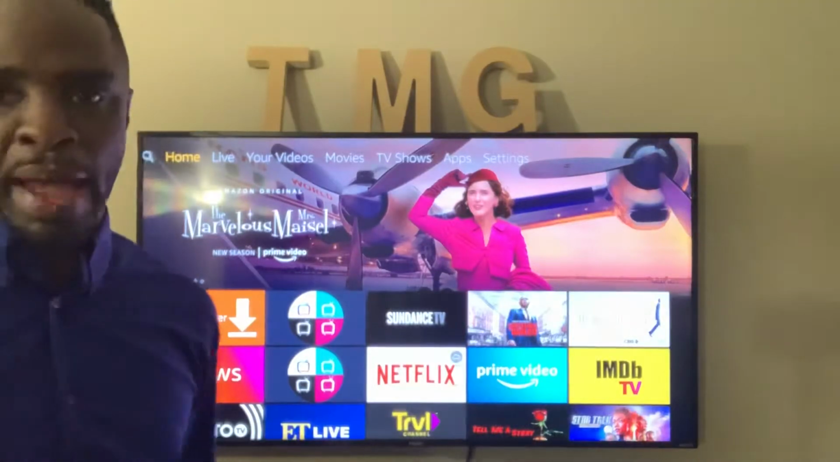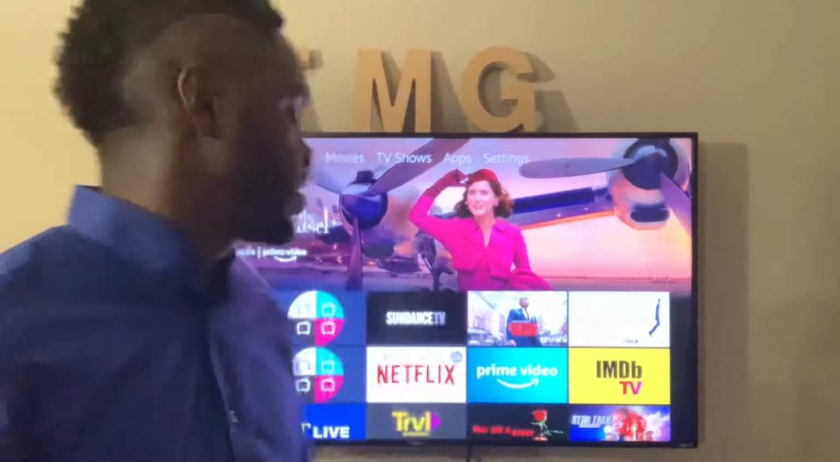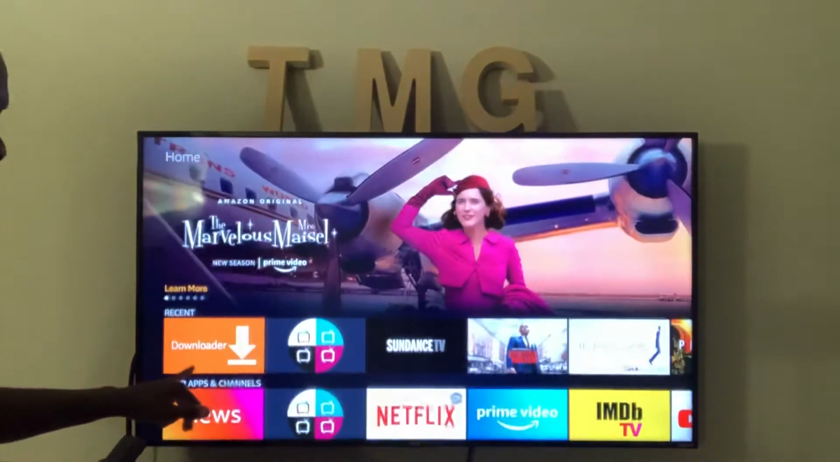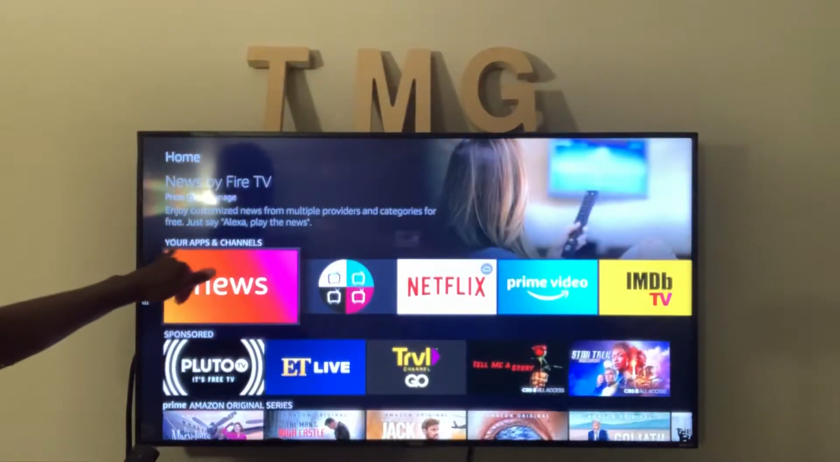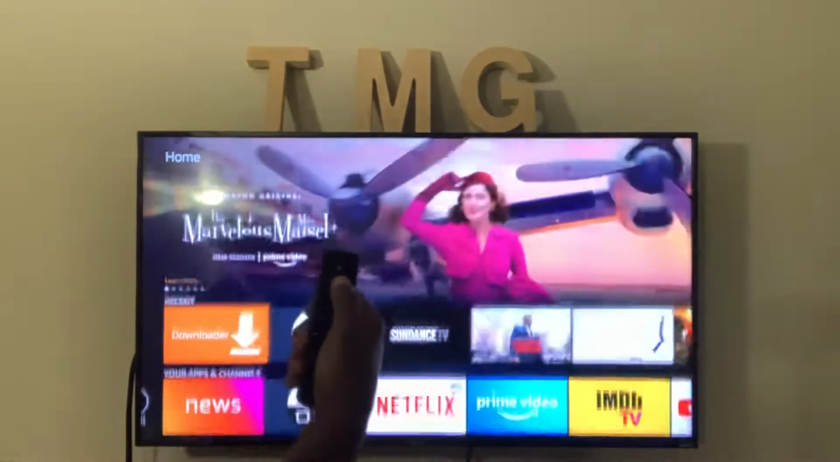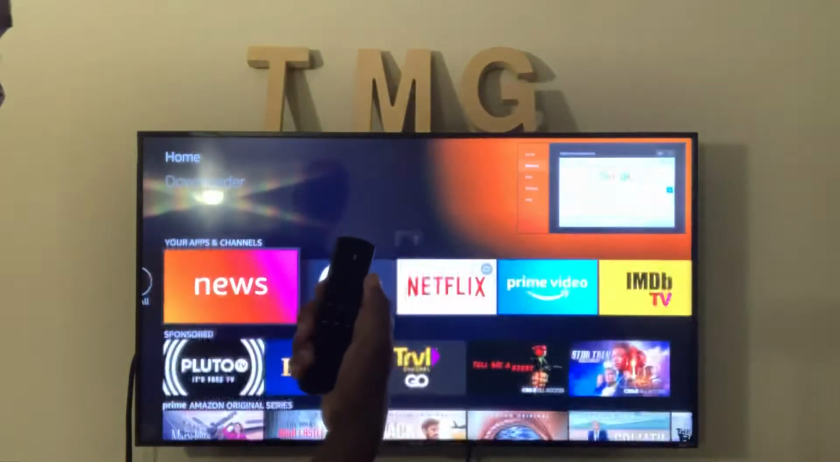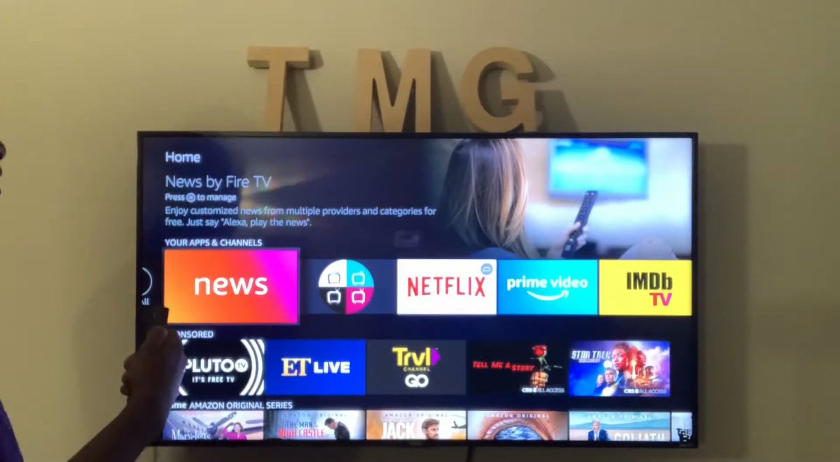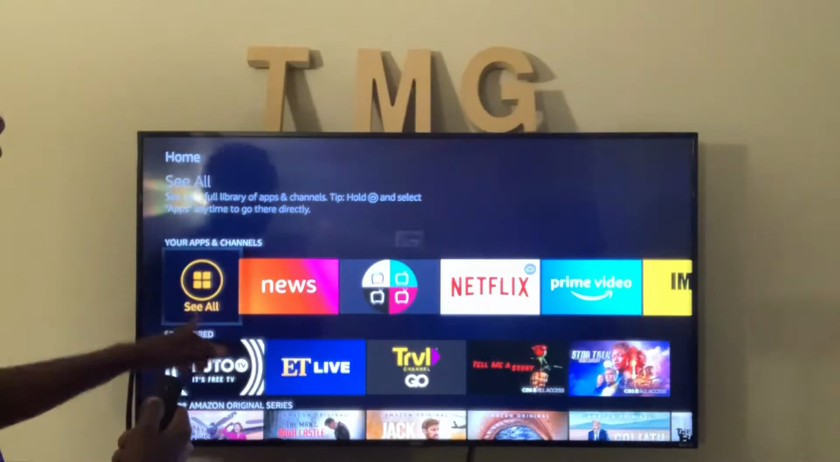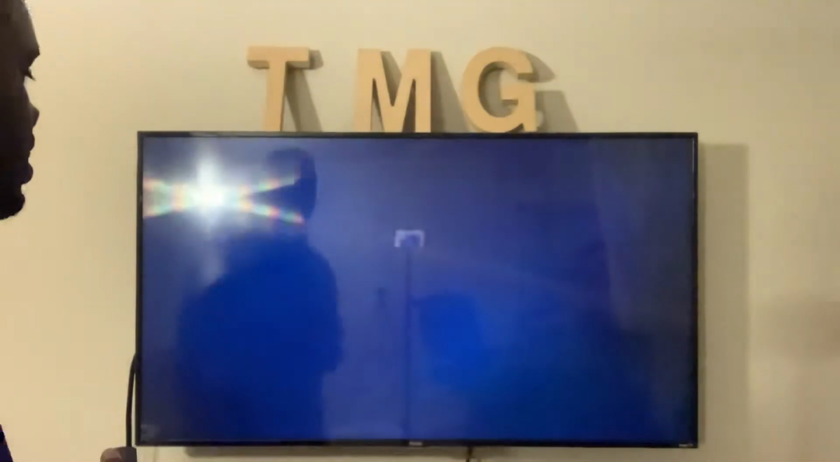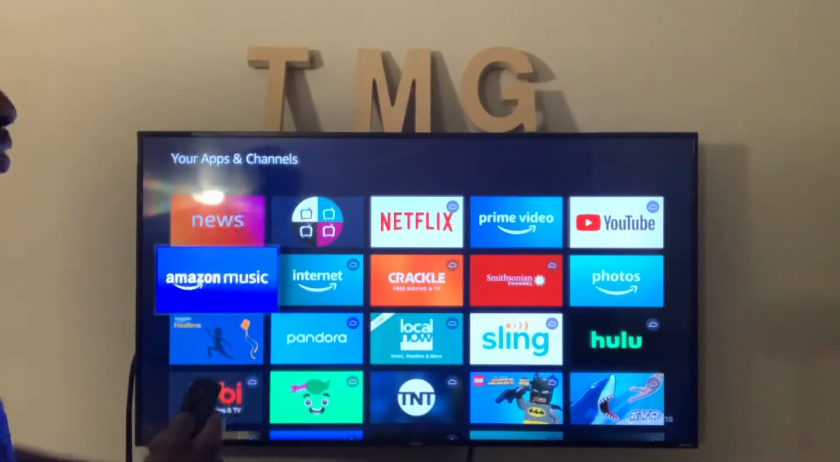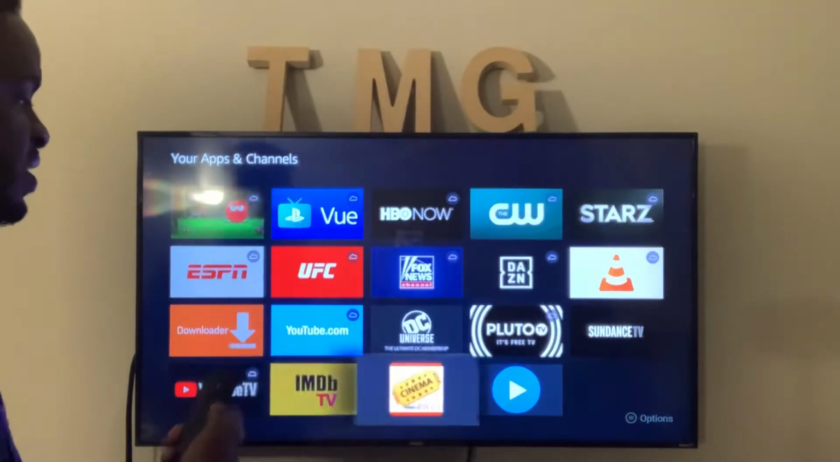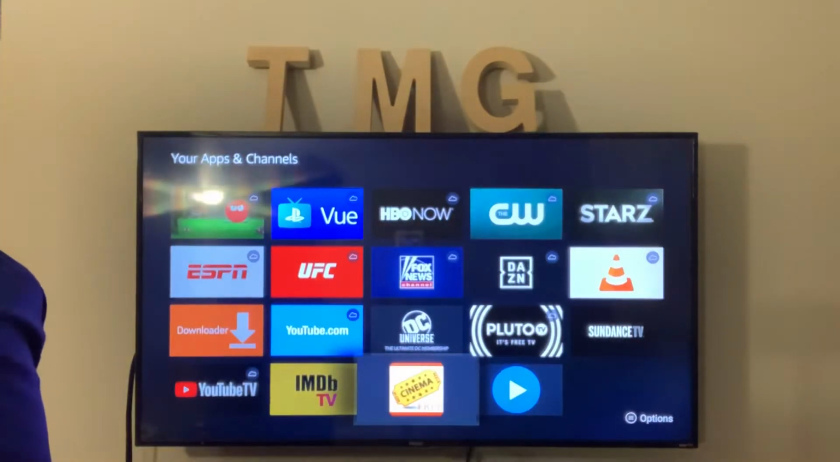Now, where's the app that we just downloaded? That's a great question. So instead of going to recent, I want you to go down to your apps and channels. You go down by just clicking the button on your Fire Stick down. And then you want to go over to see all apps. Once you click see all apps, scroll down to the very bottom and you'll see the app that says Cinema